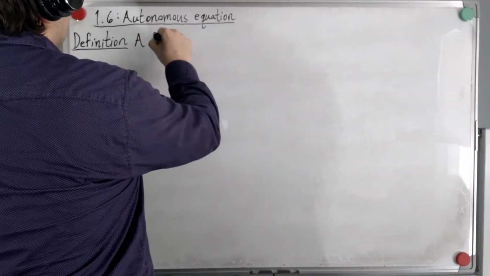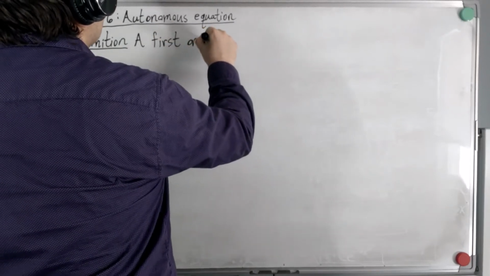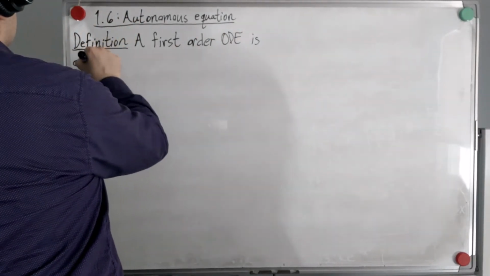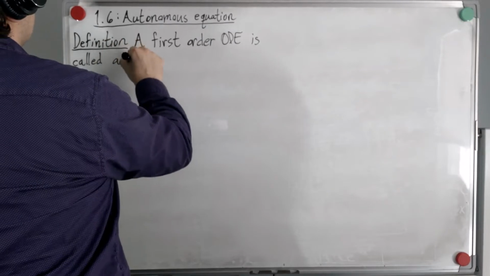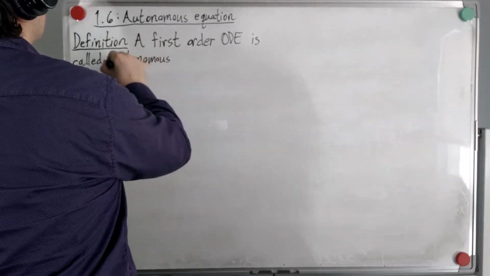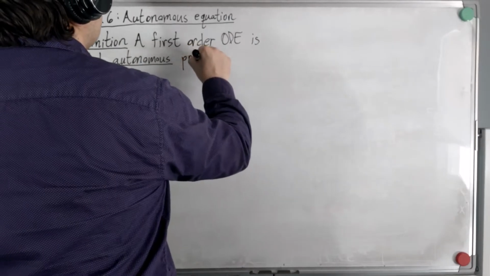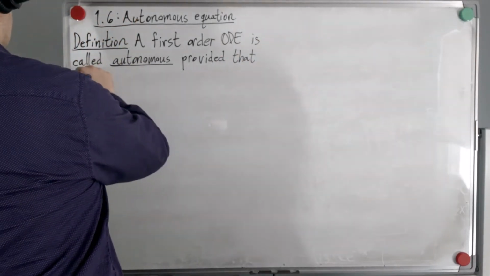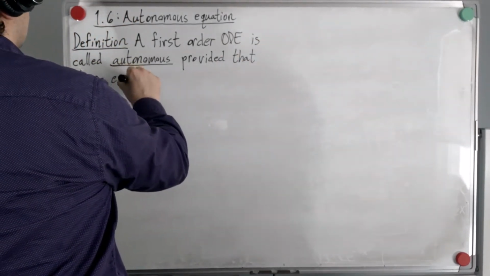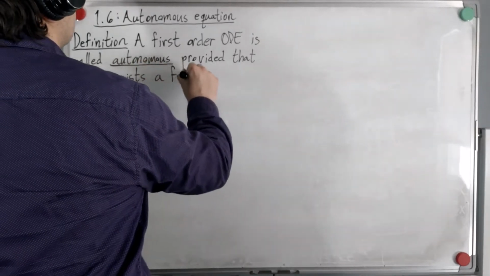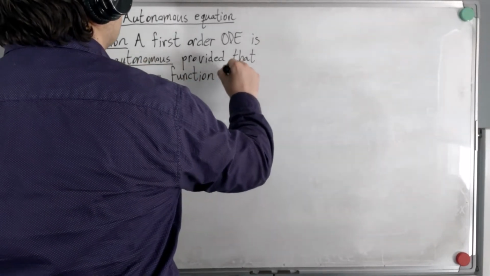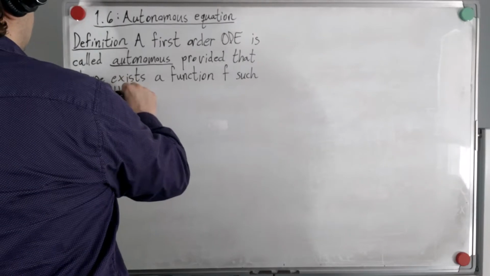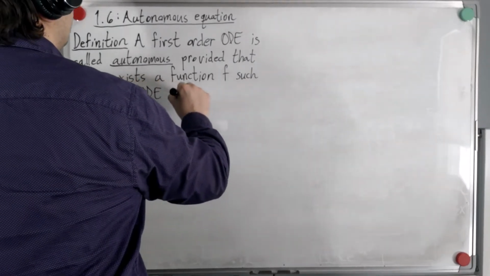A first order ODE is called autonomous provided that there exists a function, call it f, such that the ODE can be written as